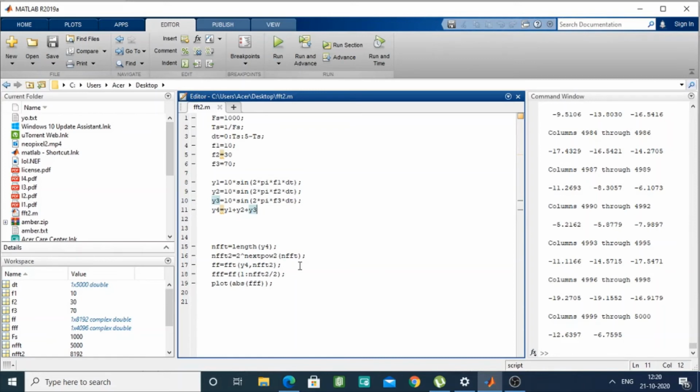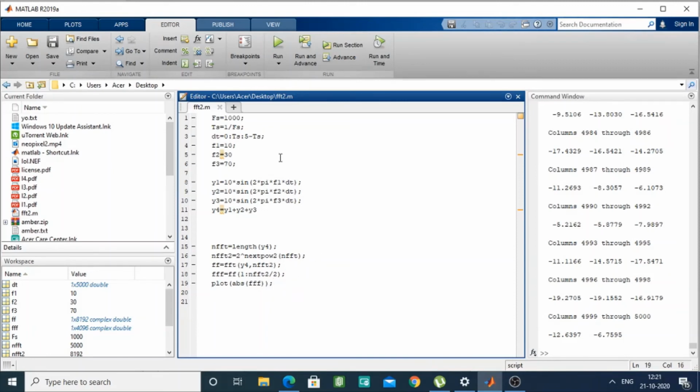Then we are taking another variable ff, which will do the fast Fourier transform, where y4 is the signal we want to perform fast Fourier transform on, and nfft2 is the length. Then we have taken another variable fff, which will basically keep the symmetrical part of the peak. The last statement is plot absolute fff, which will give us the magnitude of fff.